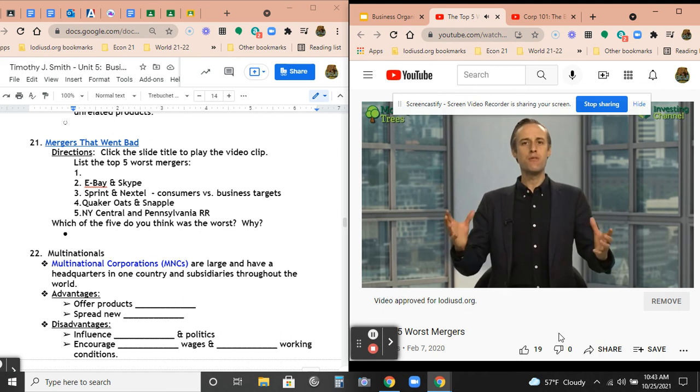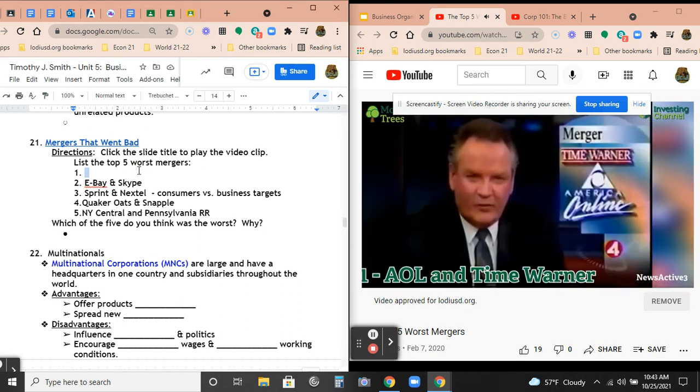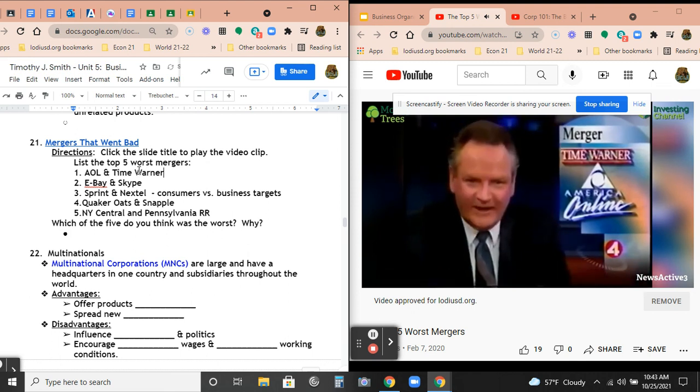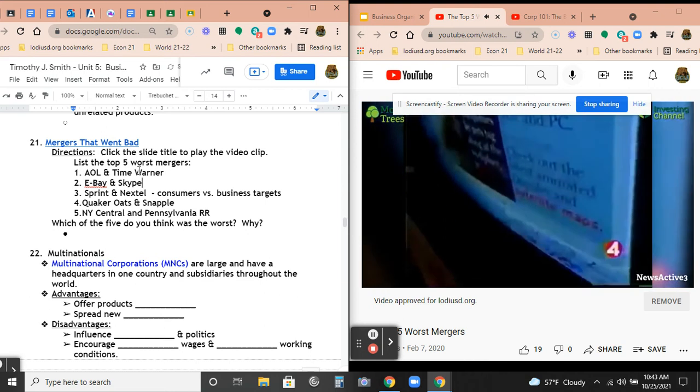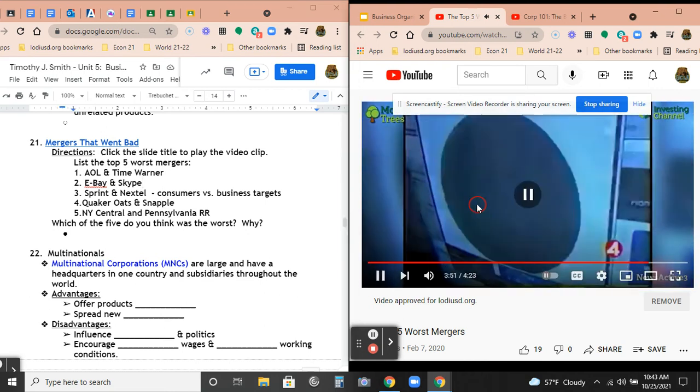Now, for the most infamous merger failure of all time. In 2001, America Online, or AOL, acquired Time Warner in a mega merger for $165 billion, the largest business tie-up at that time. Both companies expected to capitalize by blending